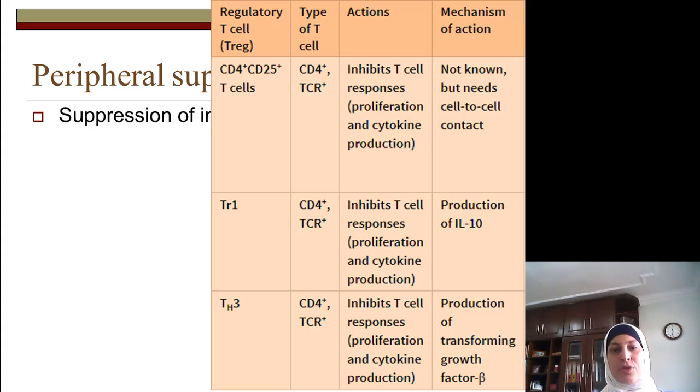It would not allow it to produce cytokines or not allow it to proliferate. Sometimes it acts by producing interleukin-10 or by producing transforming growth factor beta. All of these mechanisms are followed to control the immune reaction and make sure that the immune reaction takes place only when it is needed, and would not occur just whenever